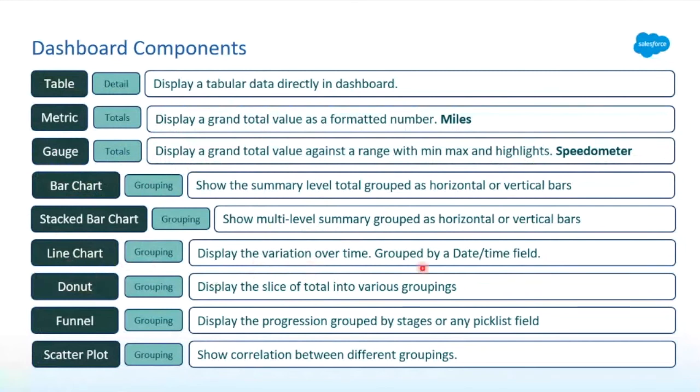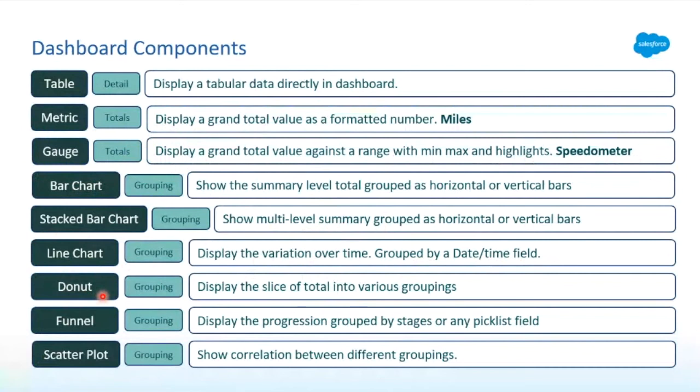Line chart is always used when you are grouping the data by a date or date time field. Then the donut. Donut is when you want to show segments or slices of the whole based on the grouping; then you use the donut component. And funnel is to show the progression of life cycle fields, like opportunity stages, case stages. Any pick list field you have, in that kind of scenario where you want to show the relation between the